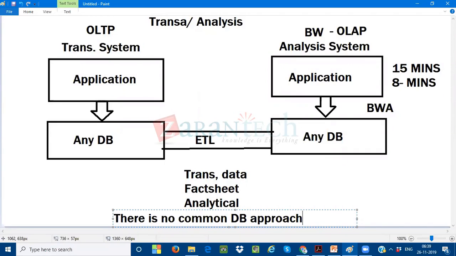Till 2010, very important, my dear friends, till 2011, I can say the first quarter of 2011, there is no common database approach where my database serves the purpose of both OLTP and OLAP analytical processing in one database. So every time I need to depend on two systems: one is OLTP, another is OLAP for analytical reporting.